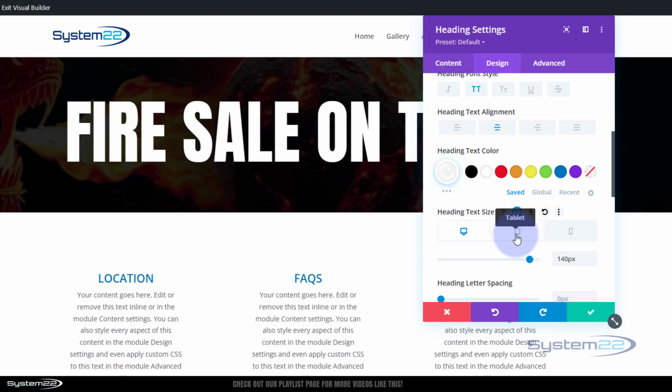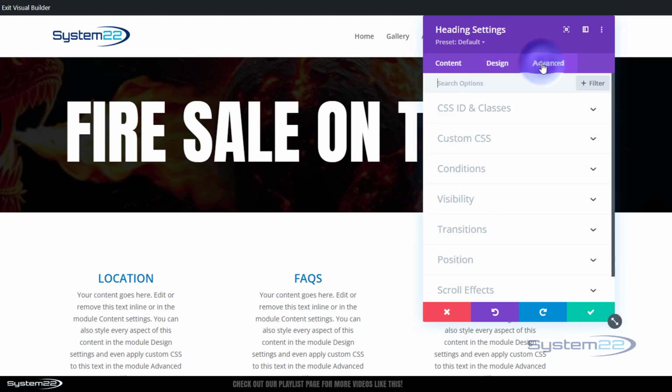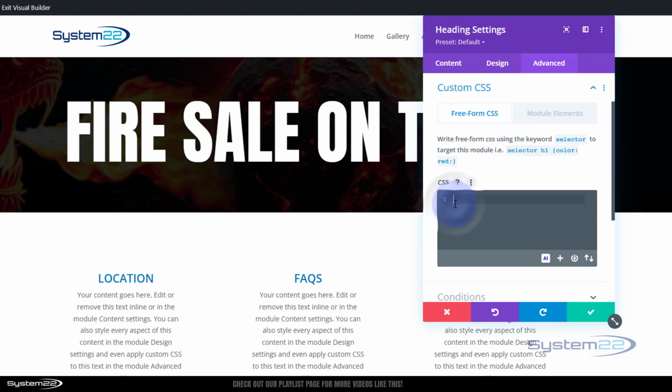Okay, well, let's add our little fiery effect. Now, I find this works better on dark text, but I'll leave it white for the moment so you can still see it and see what's going on here. So let's go over to our advanced for this. I'm going to go into my custom CSS. We're going to create an animation, but we will just want to select our header here, this module itself. To do that, we need to write selector,